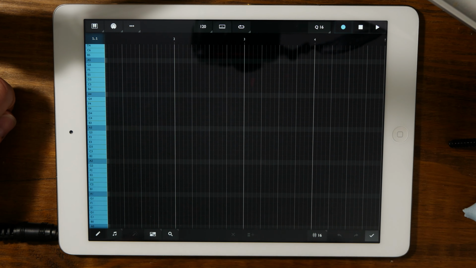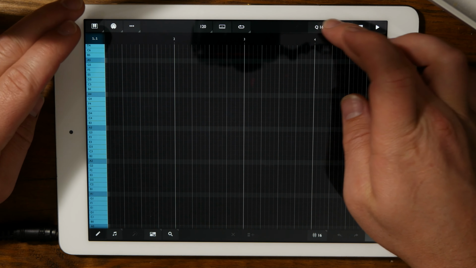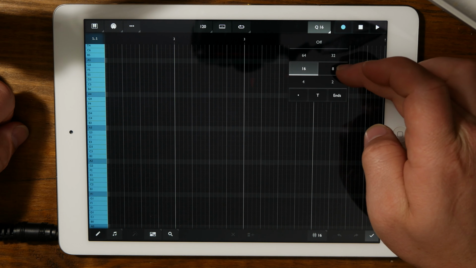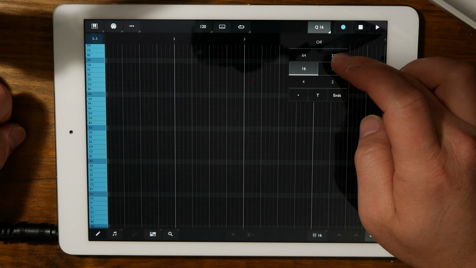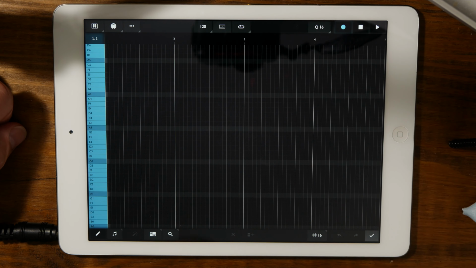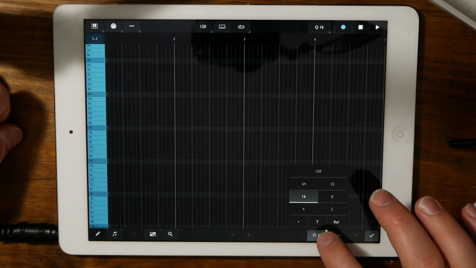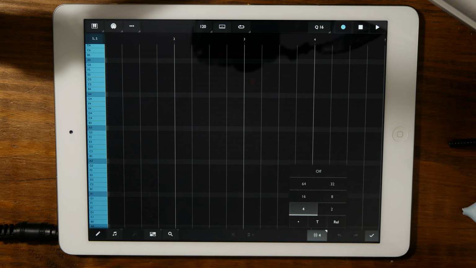Okay, so I want this C3 bass drum. I can record it in, and it'll quantize it to up here at the top, whatever you want. 2, 4, 8, 16th, 32, 64, off, and it'll even do triplets and things like that. And down here at the bottom, it says the number sign 16, but that's really more indicating that it's the grid right here. So I can turn it to 4th note